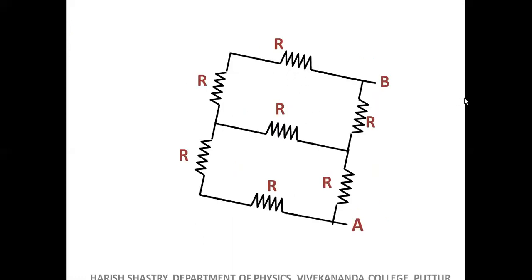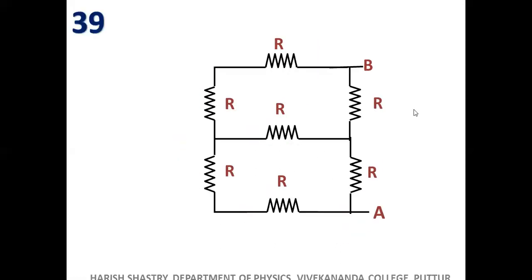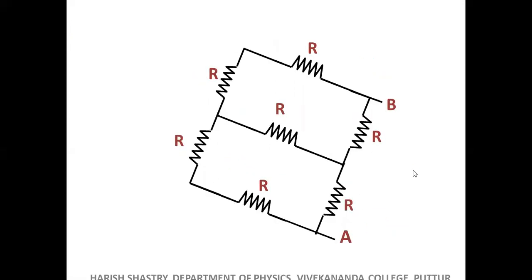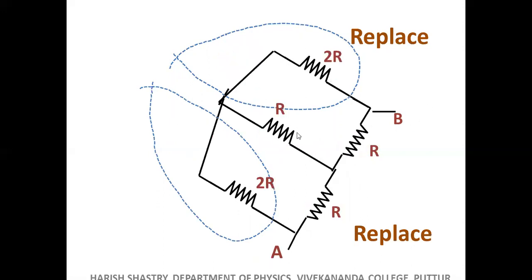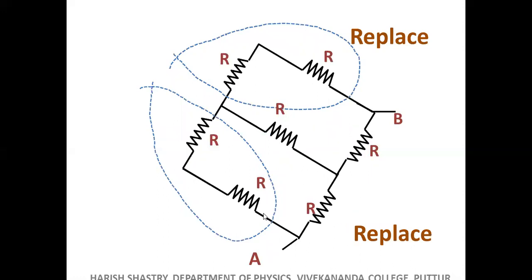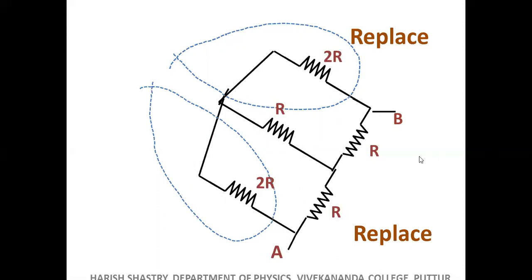So shall we replace? Okay, we will rotate it first. Animation says that you rotate me first. Let us bring A and B below. Without losing any connection, we will bring it below. Okay. Now A is here, B is here. Now can you replace this as a 2R and this as a 2R? Okay, replace it with 2R. Shall I replace? But where you have to replace it? After A up to here. After B up to here, 2R. Did we do that? Yes.